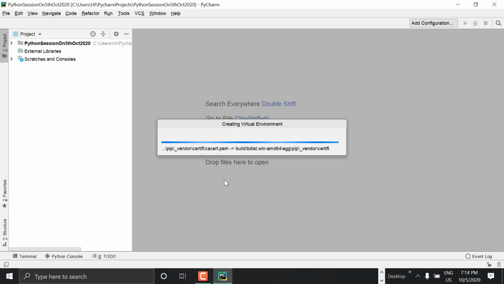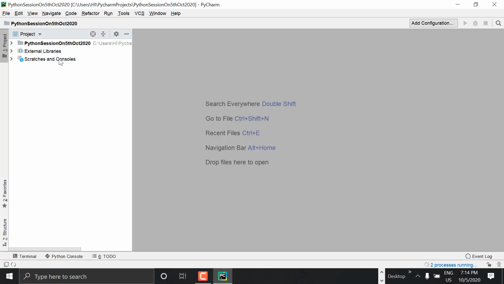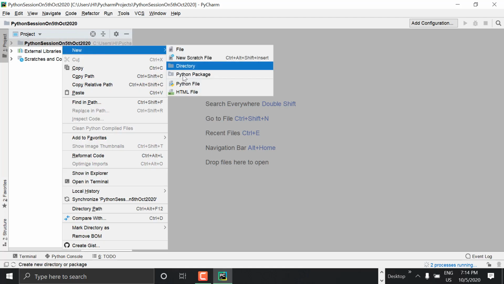It's taking some time to load. So right click on this project, new Python file.